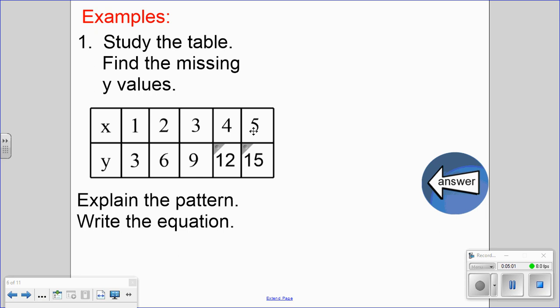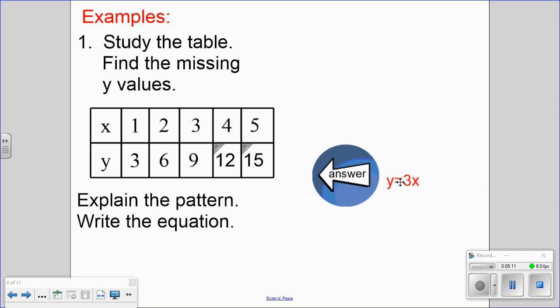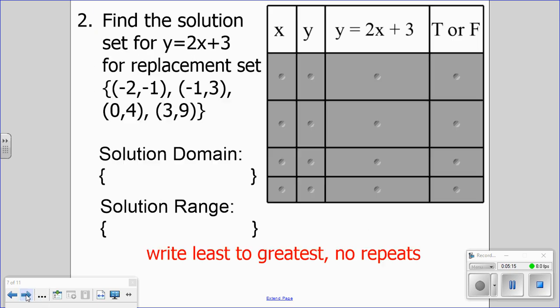4 times 3 is 12. 5 times 3 equals 15. So what we see as the pattern is, to get the y values, we take the x's and we multiply them by 3. So your equation for this one would be y equals 3x. Now,